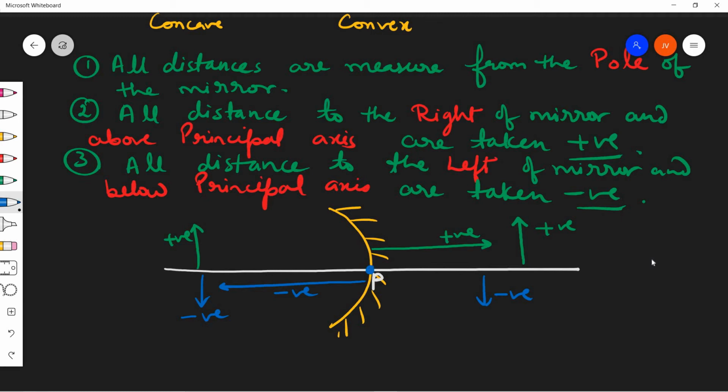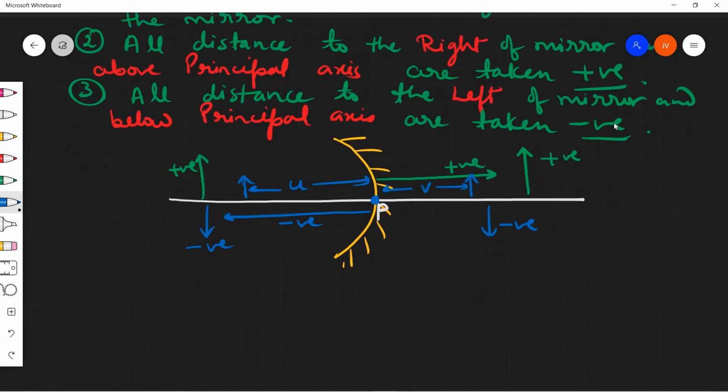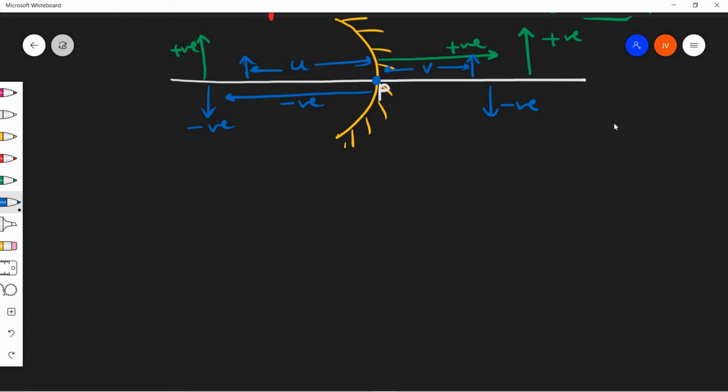So the distance between pole and object is known as object distance. The distance between pole and image is known as image distance, like that. To be more specific, let us have a tabular form for the sign convention. So let me call it specific notes, which I will provide in the form of a table. So let us have the tabular form of sign conventions